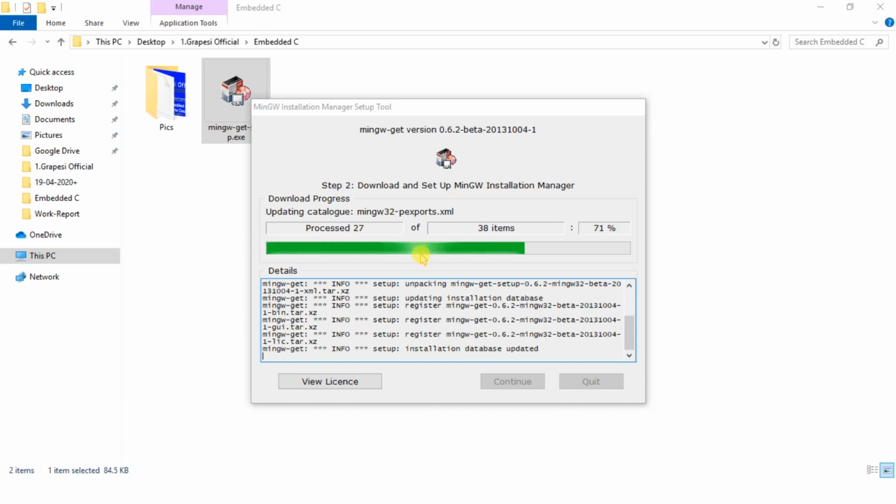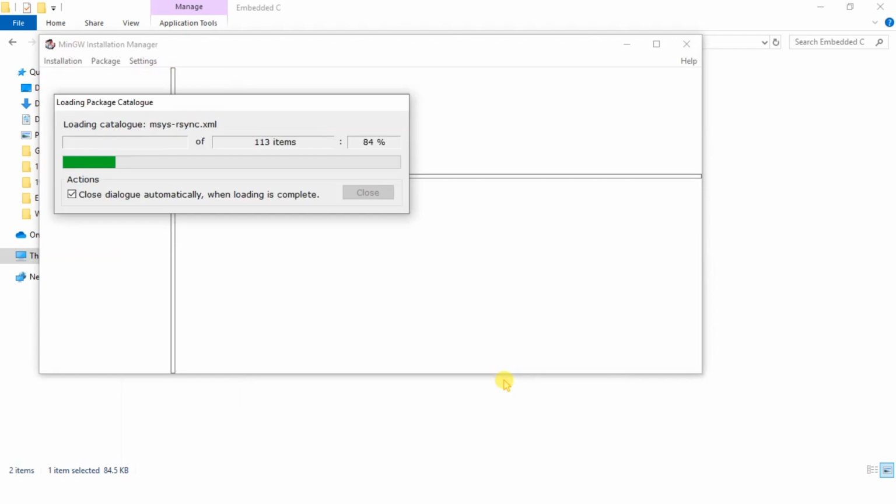Some packages are downloading here, so you have to wait for the downloading process. When the downloading is completed, the continue button will appear, and you have to click on that button. I am skipping this section so that I can continue. So I click on the continue button.